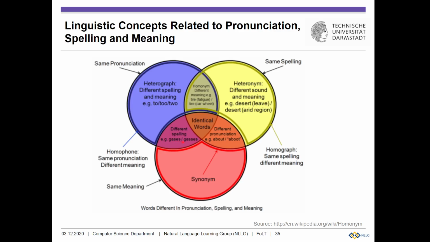spelling variants such as gases, right? Which you pronounce exactly the same way, but you can write in either of the two variants. In German, it would also be something like elephant, which you can write with an F or with PH. You can also have